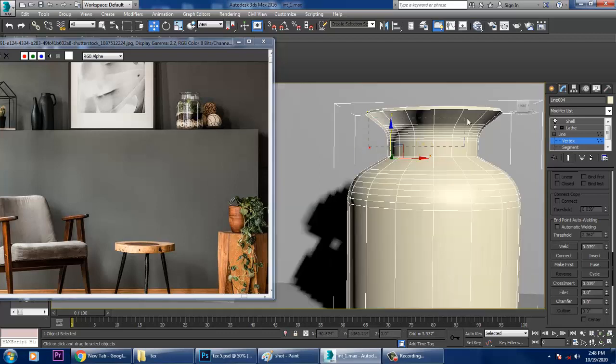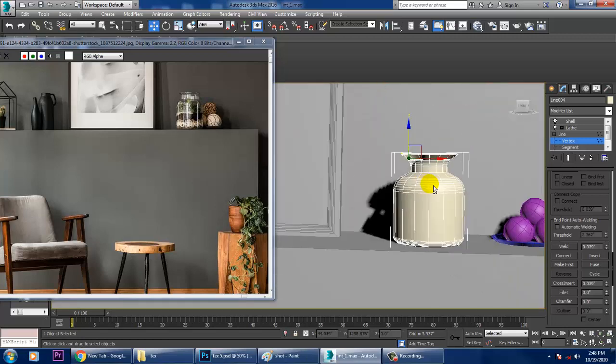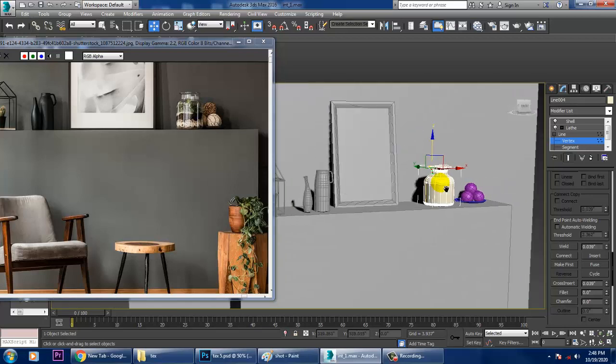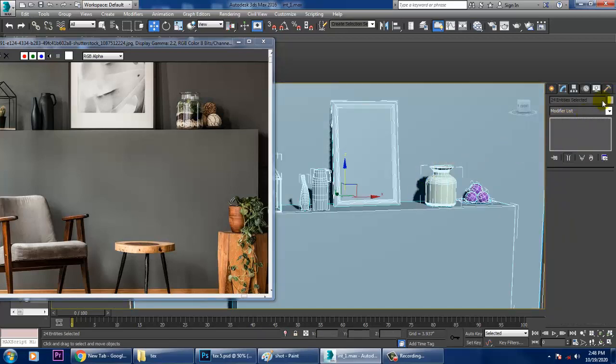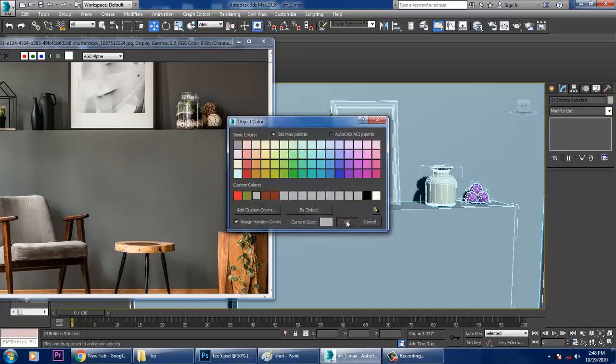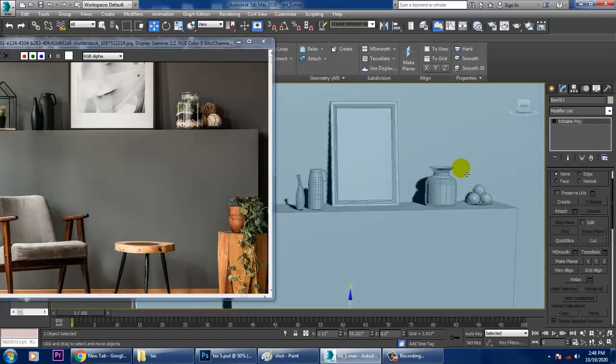So make sure you don't give more fillet to it, that would be much better. So just select this all, scale it and give a single color.